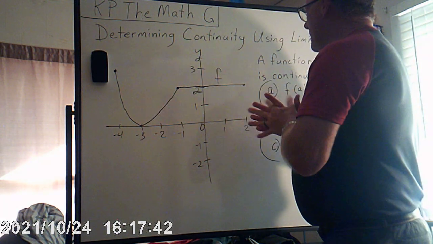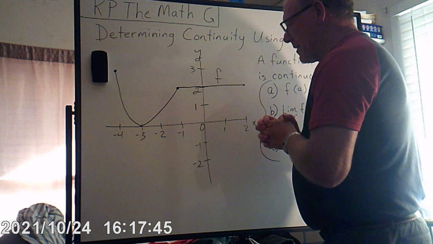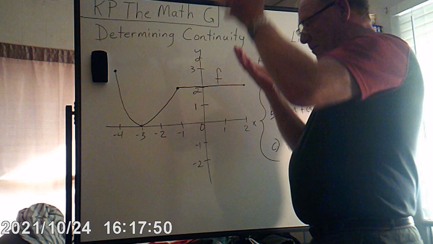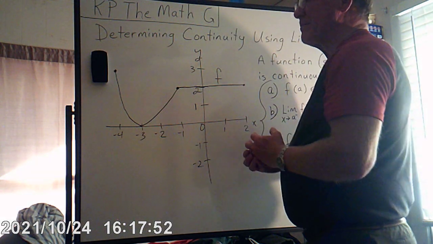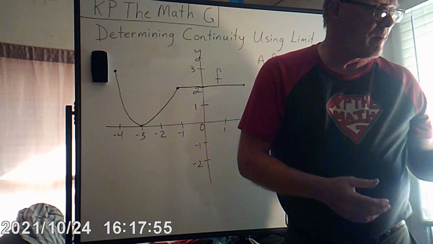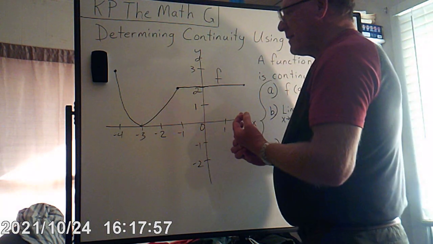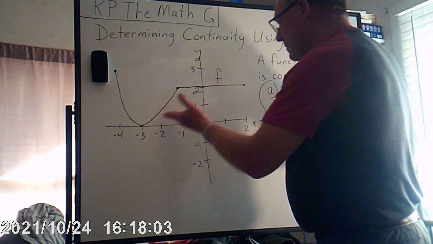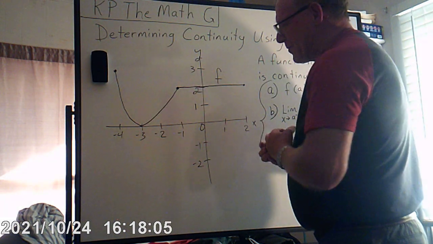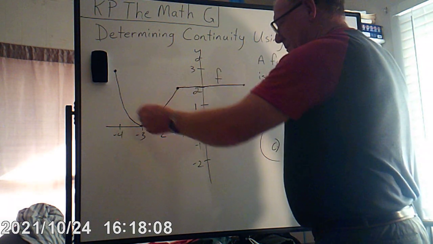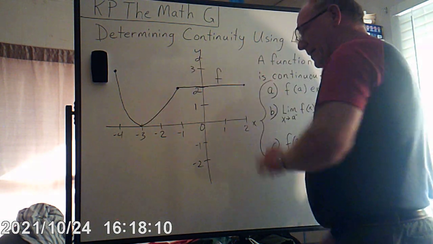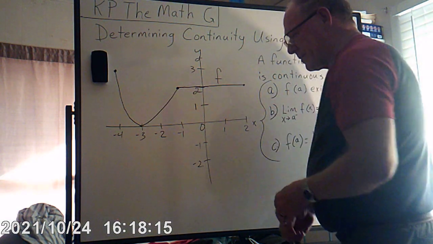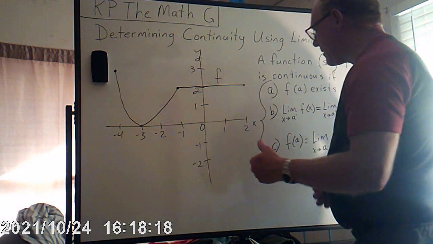We are determining continuity using limits. I hope you can see this all right, but if I turn my light on, it will be a definite glare, so I'm trying to use my lamp over here to help me out. But anyway, I have this piecewise function f, which looks like a piece of a parabola and then a piece of a straight line. And so what I like to do at this time is look at the